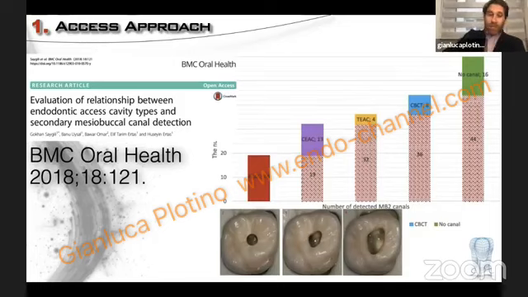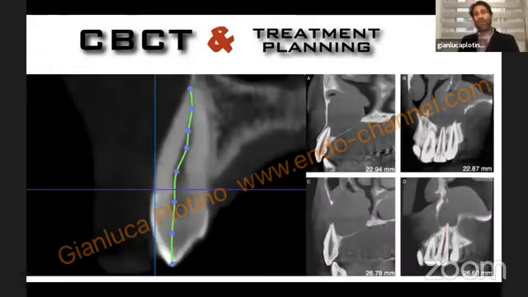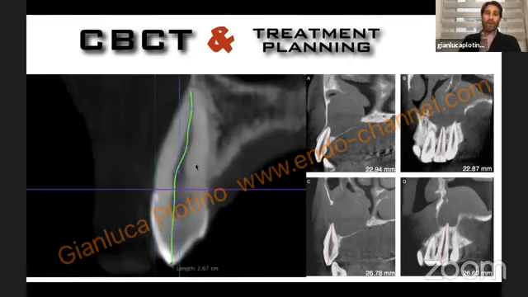So my position is I do not do CBCT on any single patient. I do not do CBCT just to plan an access cavity. But for example, if you have a preoperative CBCT for other reasons, for example, for implants or for a treatment plan in general, you can take an advantage of this CBCT to plan your endodontic treatment. For example, in identifying all the root canals, measuring the working length in a very precise way, having some 3D softwares to plan such treatments.